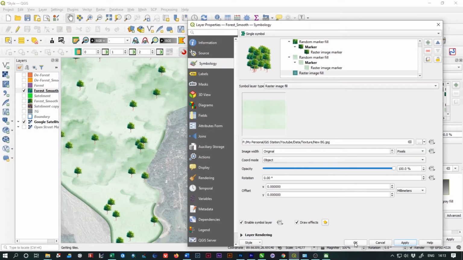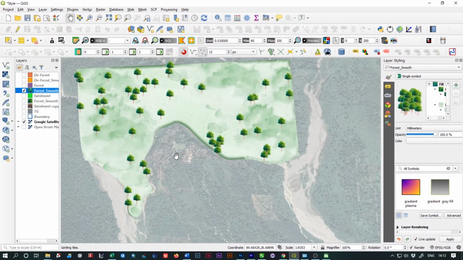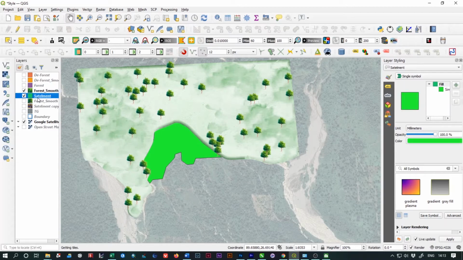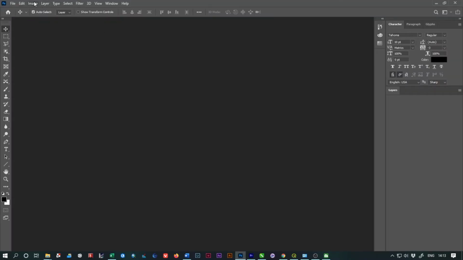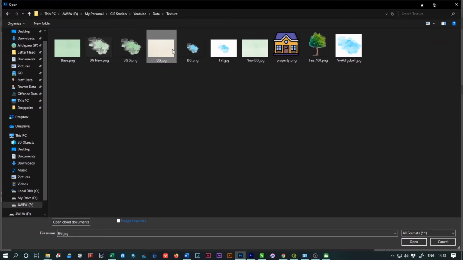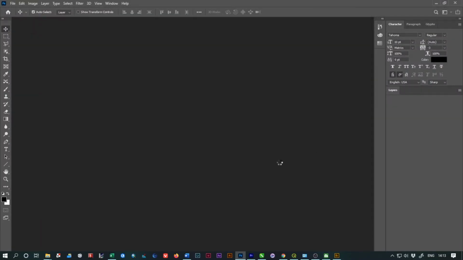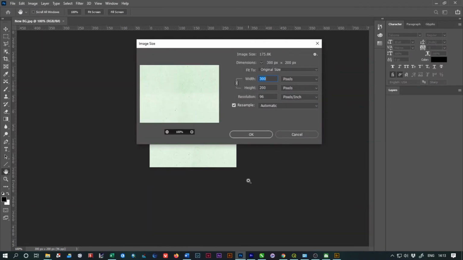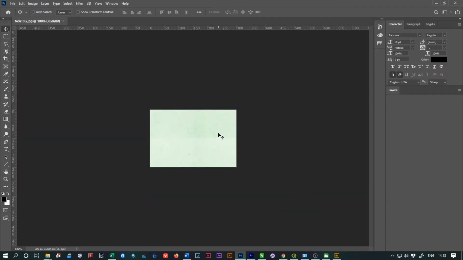Now click on OK, and now we are going to add another layer, which is for the settlement layer, and we are going to add the background layer first, the background pattern layer. So we are going to open our background image. Okay, this is our background image, and we just need to change the color only. We need to just change the colors, and